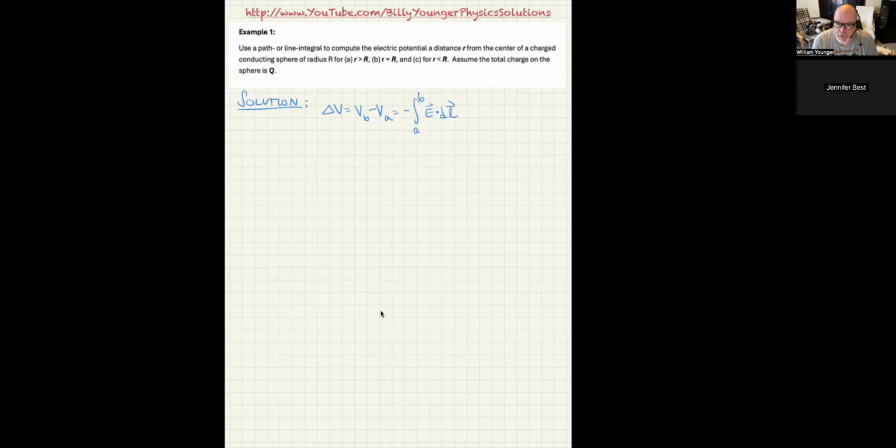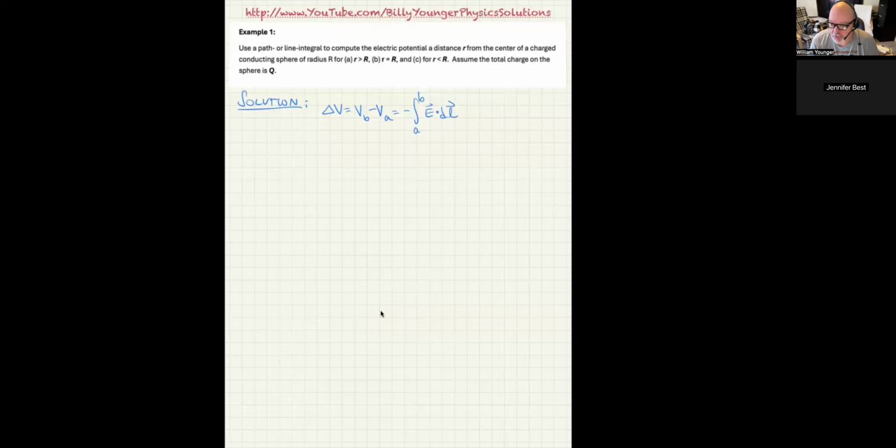So, for instance, you can either use the dl and make it point in the direction that the integration is being carried out, and then if you choose the dl to indicate the direction you're integrating, then the A to B just has to go in the positive coordinate direction of whatever coordinate you're changing in going from A to B. However, if you wish to do it the other way, then you can let A be the initial position and B be the final position, and then your dl just points in the positive coordinate direction for whichever coordinate again is changing in going from A to B. So that's sort of the big rule.